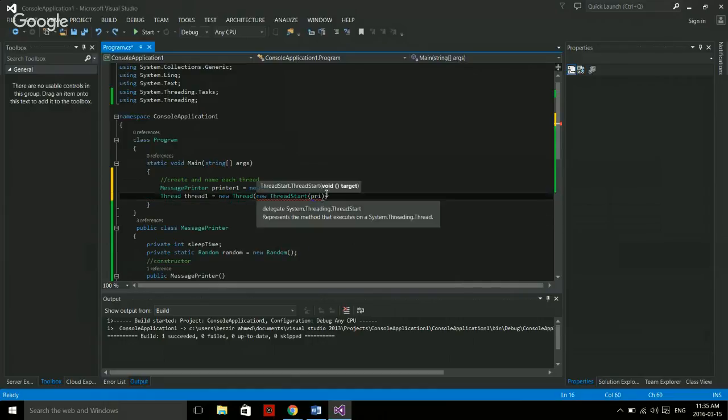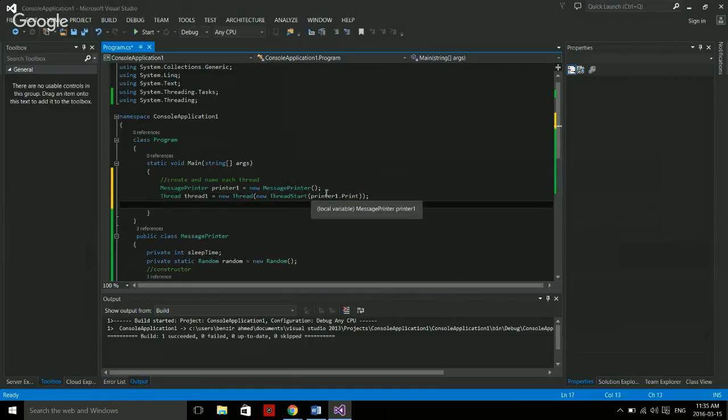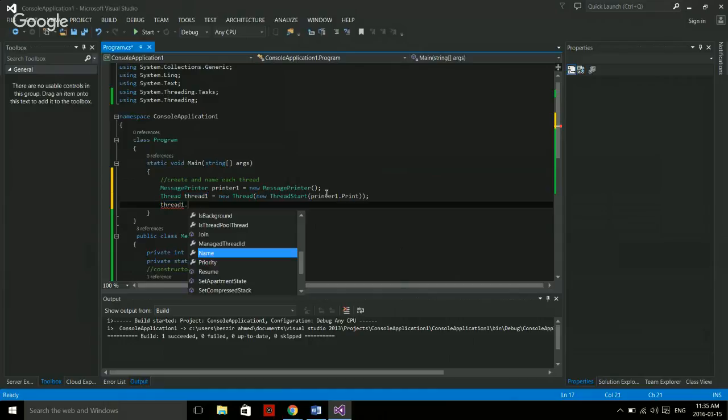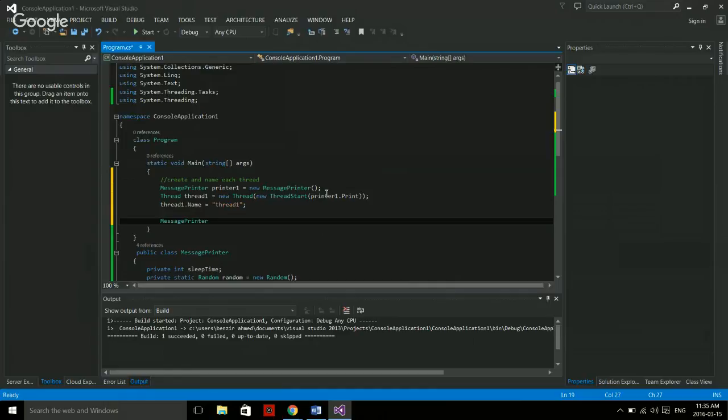Message, printer, printer 2, new message, printer, and then thread, thread 2, new thread, and then inside new text start, and I'll printer 2 dot print. Then